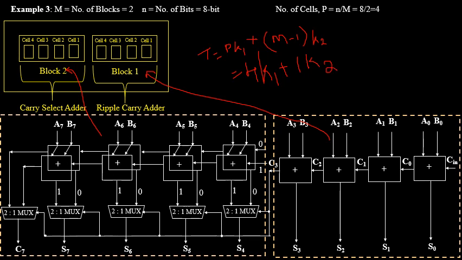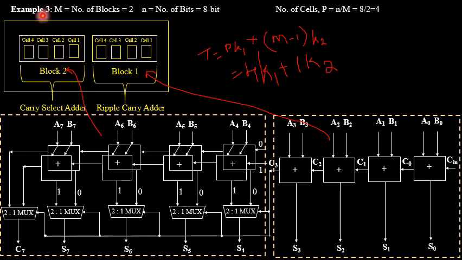K1 and K2 can be anything. So K1 can be equal to 1 nanosecond, K2 can be equal to 2 nanosecond. Depending upon that, you are going to calculate what is the exact value of the computation time. So in this manner, you are going to have the design for various number of bits. So hope you understood this concept. So try to practice more number of problems or more number of designs. Depending upon the number of bits, you can choose your own number of bits or number of cells, and you can calculate what is the number of blocks, and you can make a trial and error process, and you can try to design these on your own.